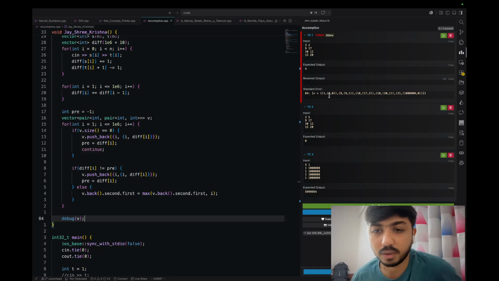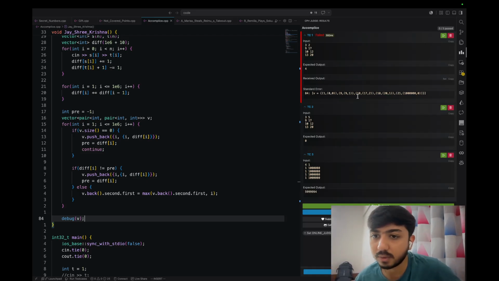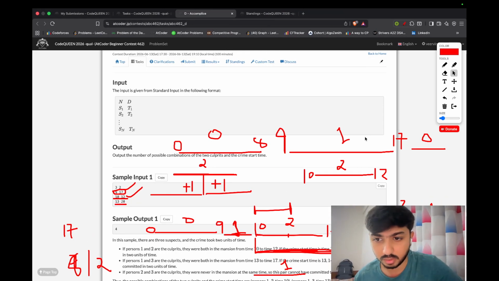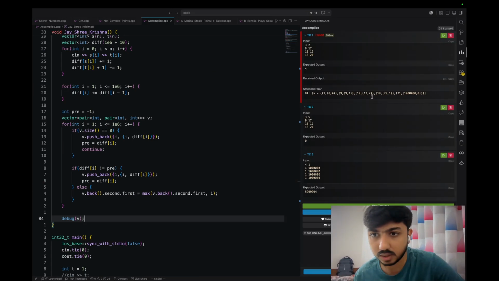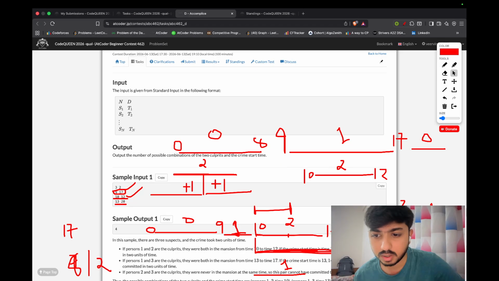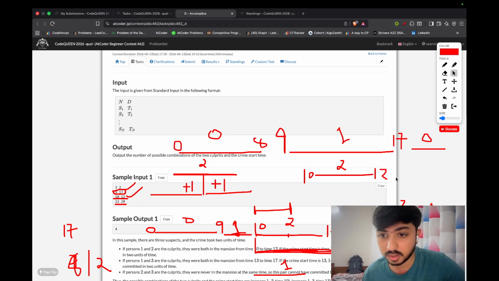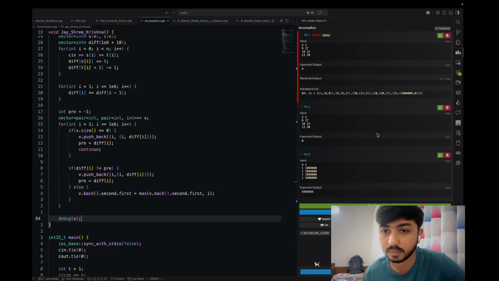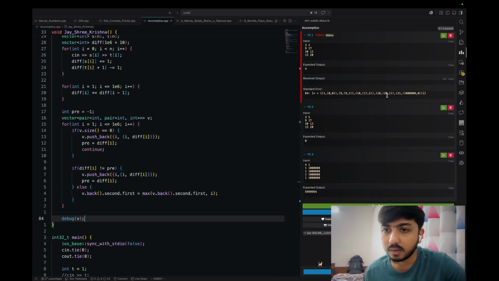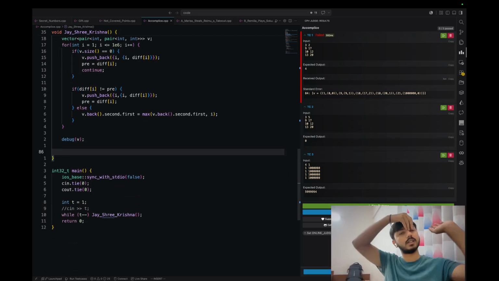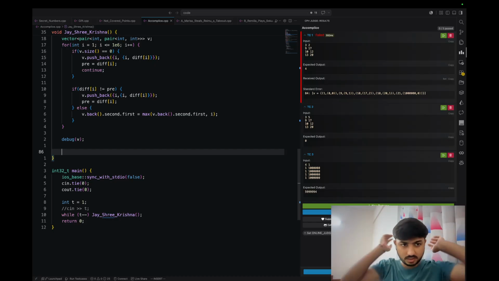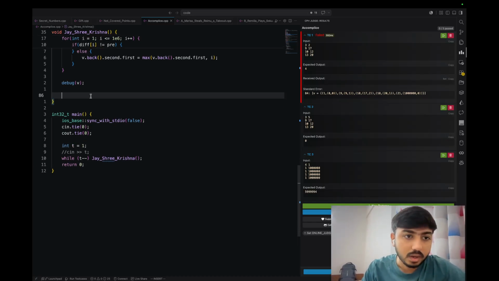Yeah, we have from 1 to 8 it's 0, from 9 to 9 it's 1, from 10 to 17 it's 2, from 18 to 20 it's 1. We saw here 10 to 17 it's 2, 18 to 20 it's 1, and this is 0. Yeah, we are good with this interval. Now